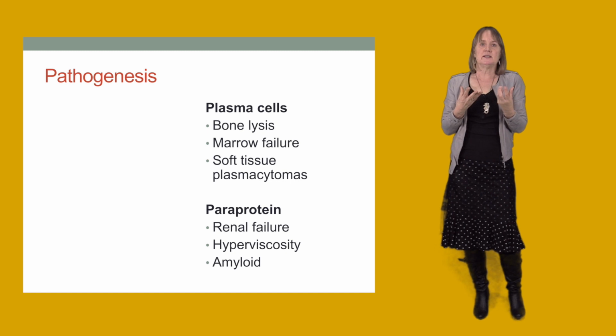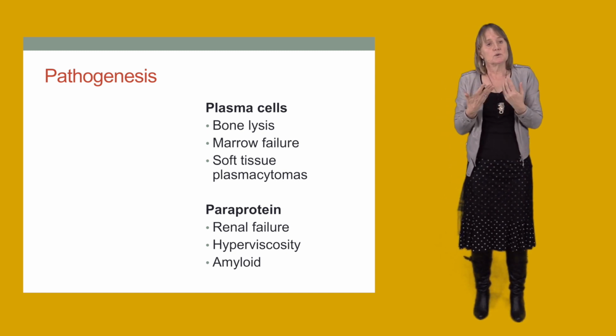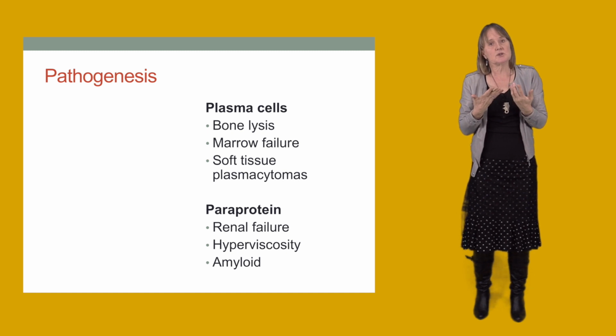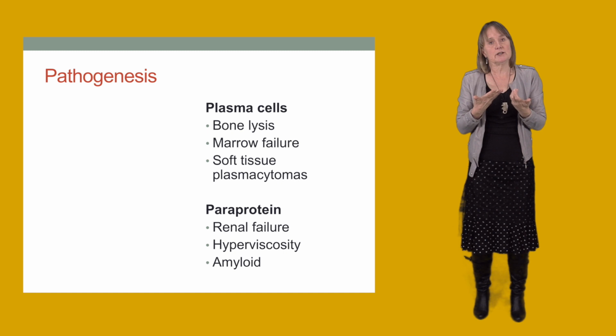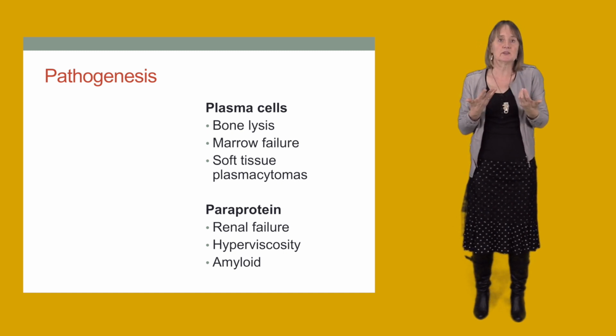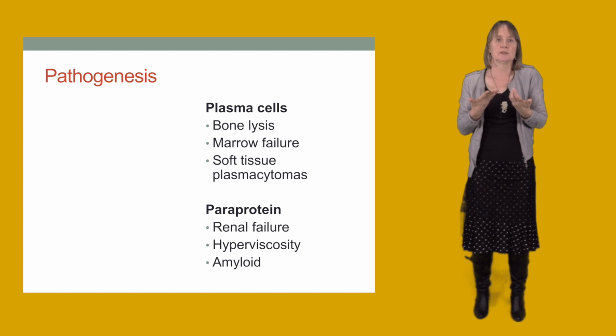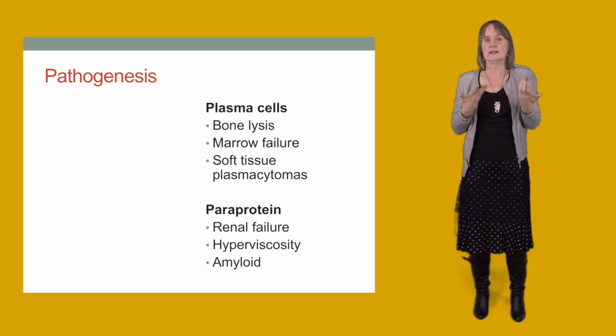So the paraproteins can cause a number of problems. They can cause renal failure due to predominantly light chains accumulating in the renal tubules, although renal failure in myeloma can be caused by many different things. This is one mechanism. Having a very high level, particularly of an IgA paraprotein, or rarely IgM paraprotein, can cause hyperviscosity. And